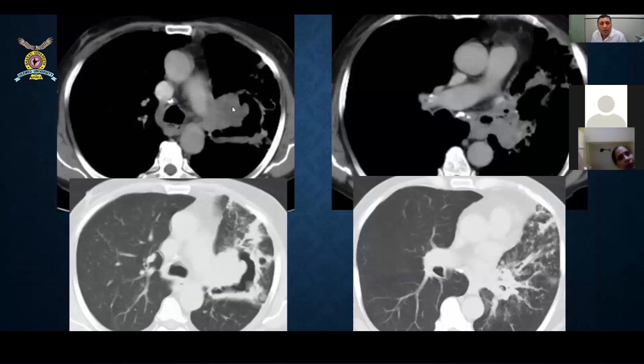In this patient, you see there is a large cavitary lesion here in the left lung. In the cavity, you can see a homogeneously or mildly enhancing soft tissue density lesion. So this is a case of cavitary malignancy in the left lower lobe. And you see there are small ground glass opacities, multiple centrilobular nodules and septal thickening in the left lower lobe. So if you see any abnormality in the lung parenchyma on chest X-ray, it may not be necessary that each and every abnormality is COVID-19 disease. So you should think of other causes of that abnormality, especially if the presentation is atypical.